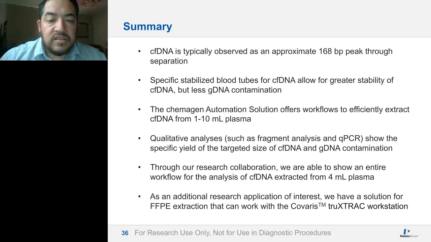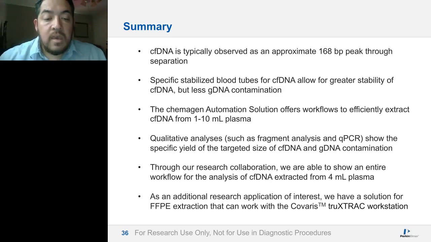Qualitative analyses such as fragment analysis and qPCR show the specific yield of the targeted size of the circulating cell-free DNA and also represent and show the genomic DNA contamination. And through our research effort collaboration, we're able to show an entire workflow for the analysis of cfDNA from 4